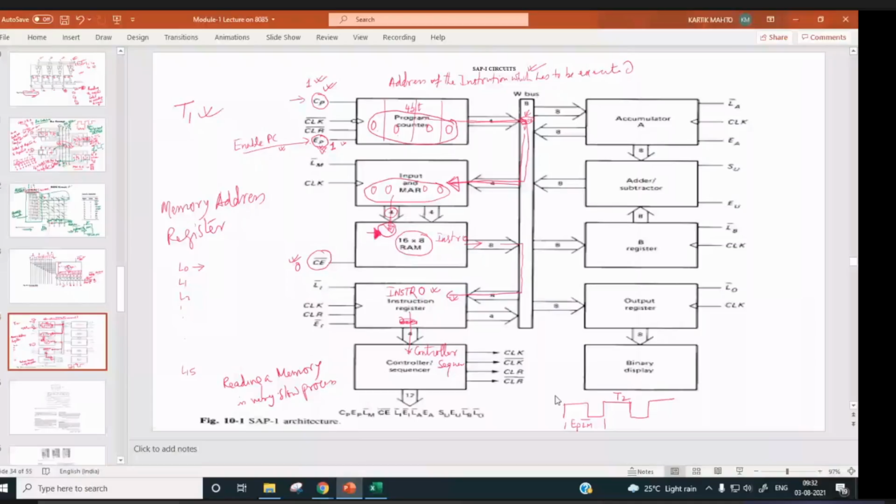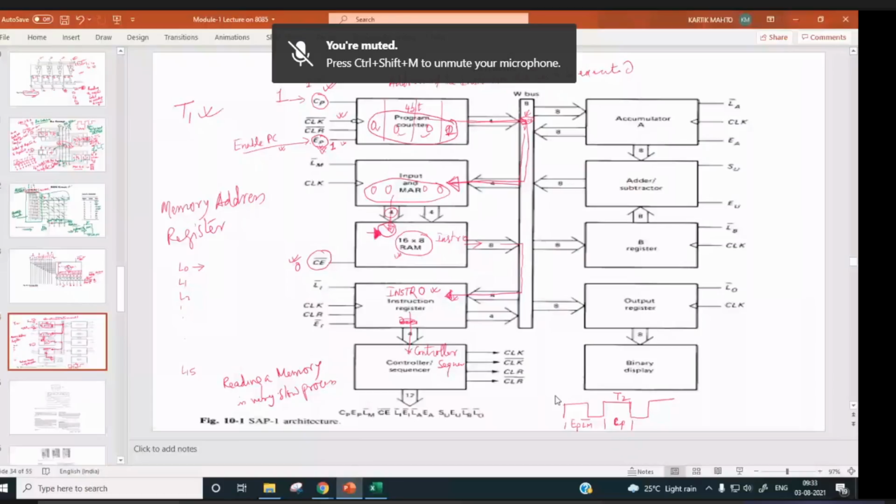Because by that time the decoding is not going to be over, and even if you enable during this T2 period, data will not be coming out to be loaded over here. So during T2, the program counter is incremented. This will be made 1, so with the next clock pulse striking, the count will change to 0001. Here only this control signal will be active while the others will be inactive.